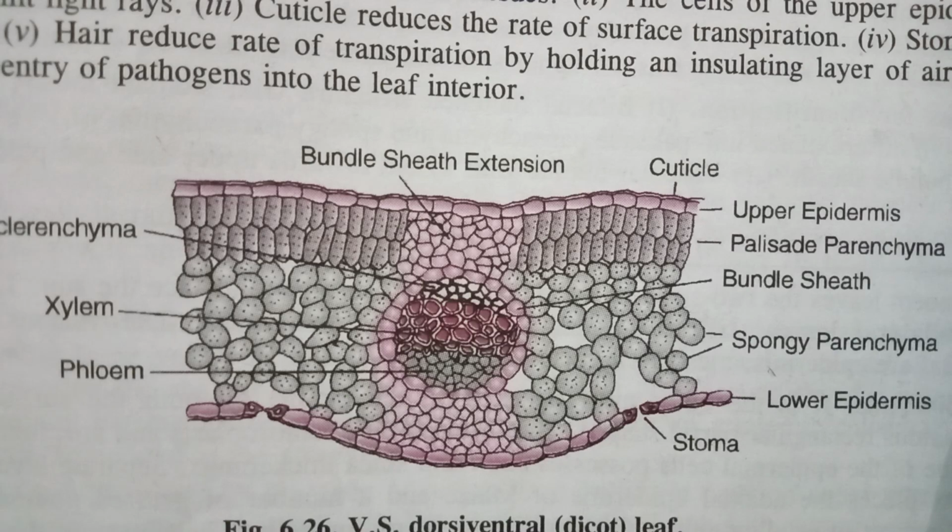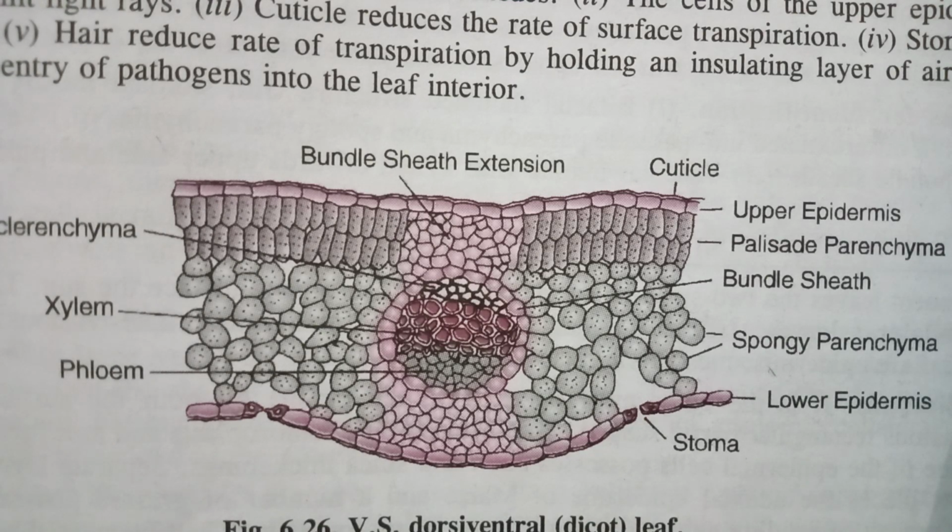So unifacial leaves are actually cylindrical leaves, so they are not actually distinguished into upper and lower surface, okay, as in case of allium. Then isobilateral leaves, they have two surfaces, but the distinction of upper and lower leaf is absent. Again, in dorsiventral leaf, these are bifacial. That means here one side is darker and other side is lighter.